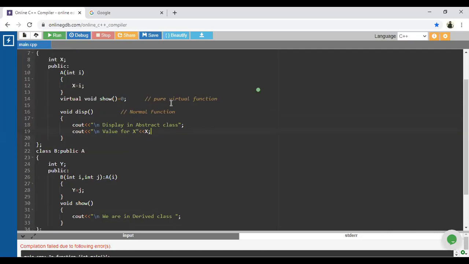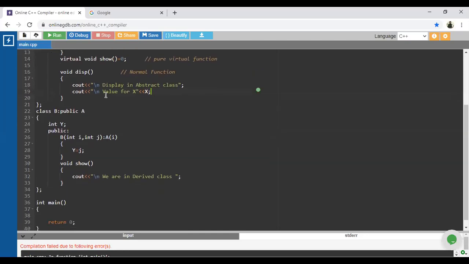This I have considered as a capital X. Next one, just copy this code and paste it inside the show method, and this particular one is related with y.